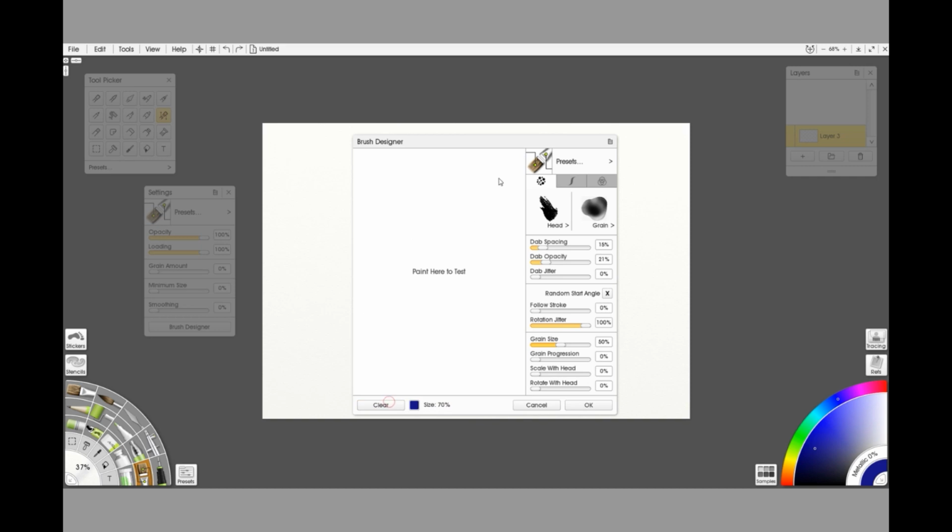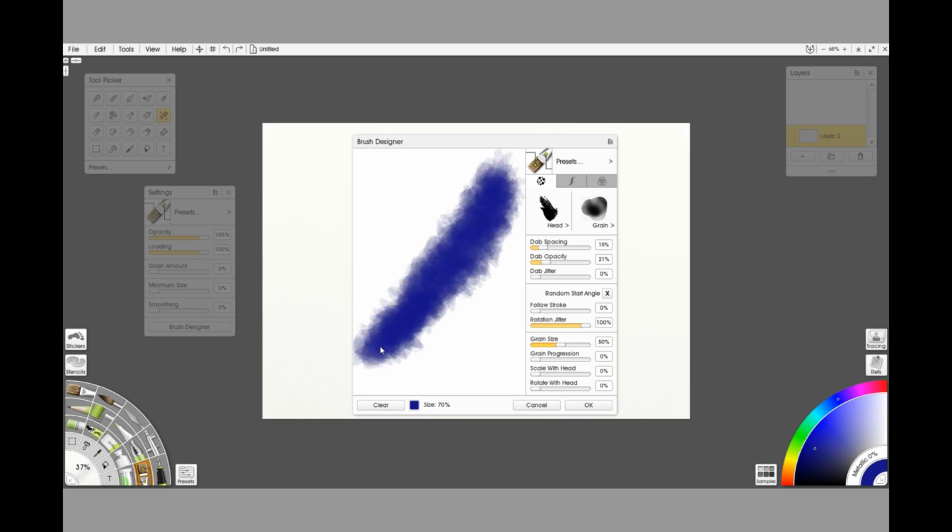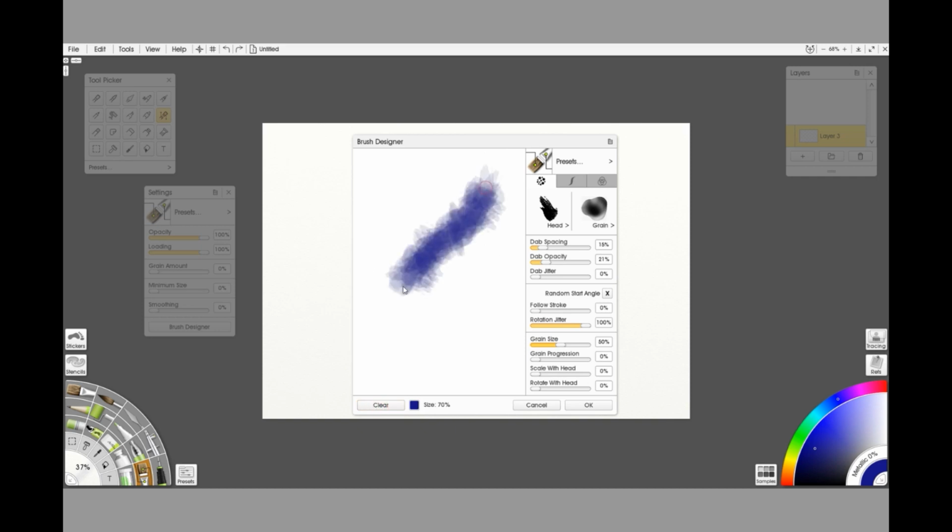I'm also going to reduce the size of the brush so we can get a closer look at what we're doing. Right. So as you can see, now that we've reduced the dab space, with it being a lot closer together, we're now forming a nice brush. So we're now actually getting a brush stroke, so we're actually now getting paint, and we're getting this weird pale bleed pattern around the outside edges, which is basically caused by the rotation of the brush head going round every time you move. Let's decrease the dab spacing a bit more,